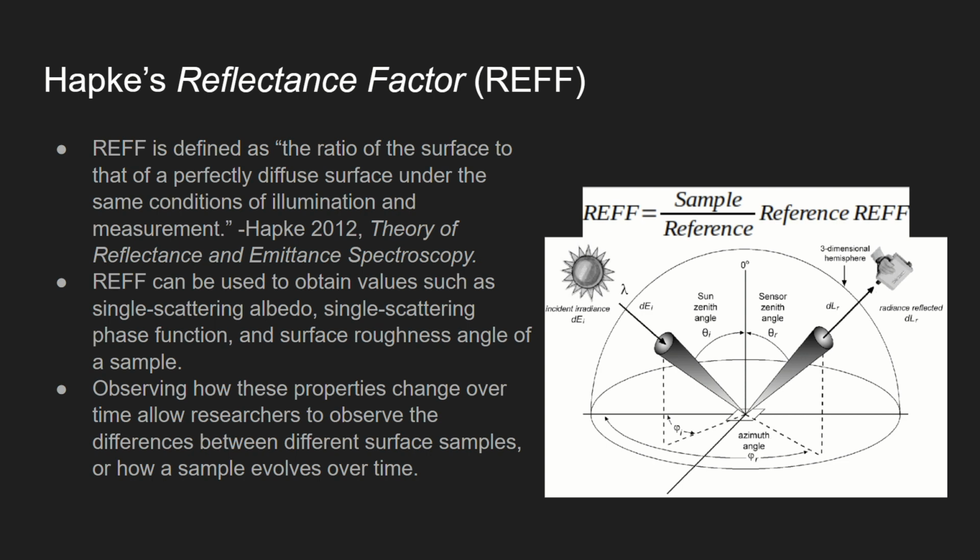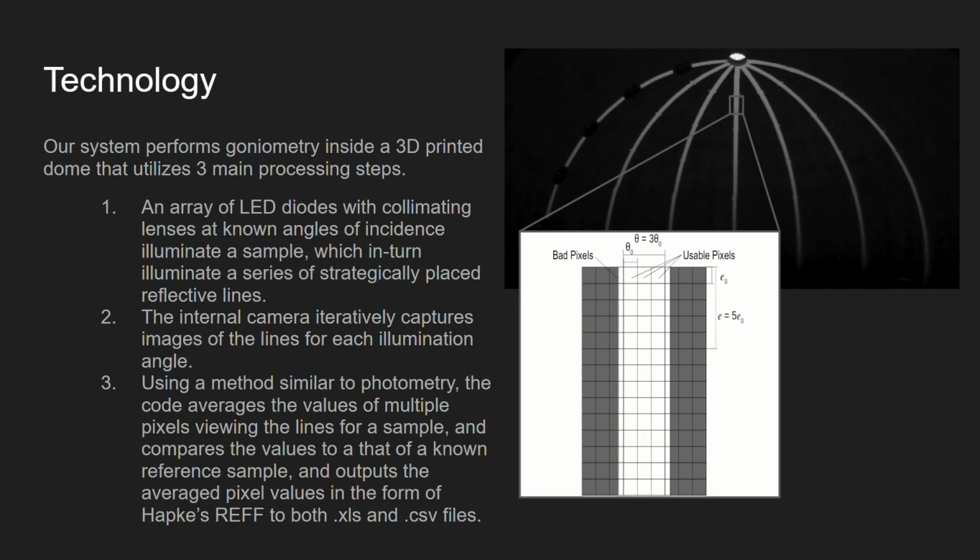We can use this REFF to determine things like the single scattering albedo, the single scattering phase function, and the surface roughness angle of the sample, which we can use to learn all sorts of different things about the properties of these samples. So the technology behind this is we've got this 3D printed dome, painted black on